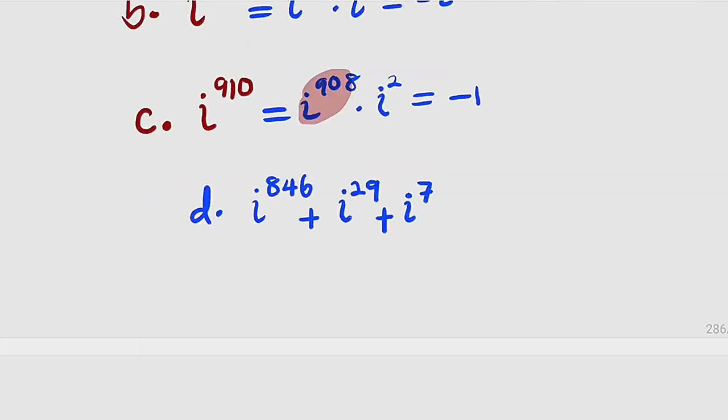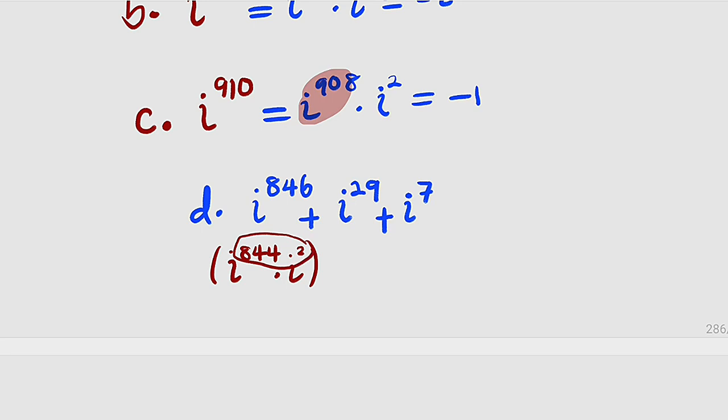So this is what we have: i to the 846 plus i to the 29 plus i to the 7. We can express i to the 846 as i to the 844 times i to the second power. So this is i to the 844 multiplied by i to the second power. If you apply one of the laws of indices, you'll be able to add these two powers together